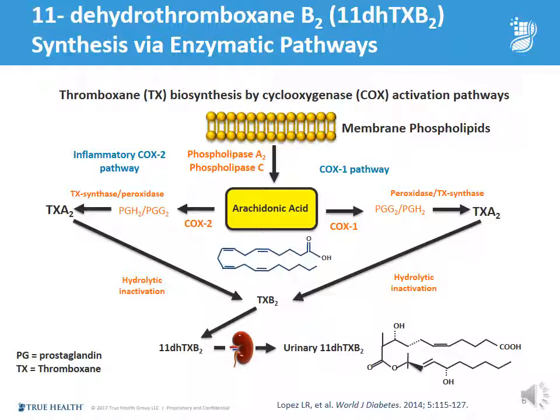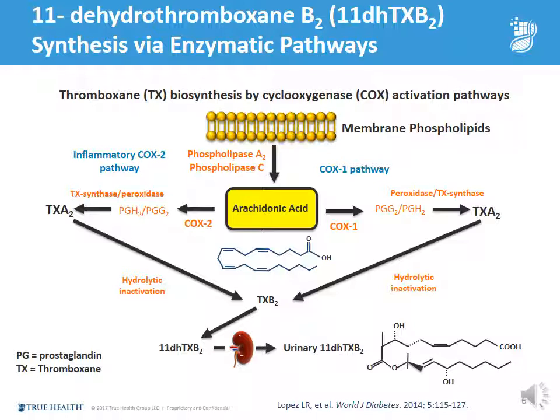Thromboxane B2 is produced from thromboxane A2, and it is metabolized in the liver to 11-dehydrothromboxane B2, which re-enters the plasma, filters through the kidney, and shows up in the urine where it can be assayed, and you see the molecular structure of urinary 11-dehydrothromboxane B2. So the important take-home from this slide is that arachidonic acid has two enzymatic pathways where it can